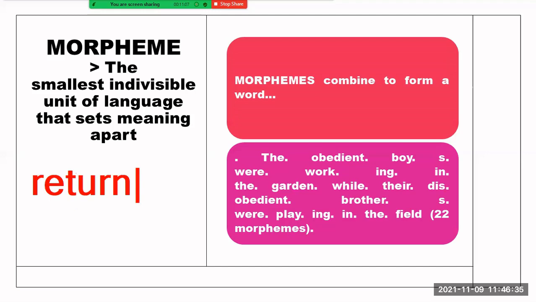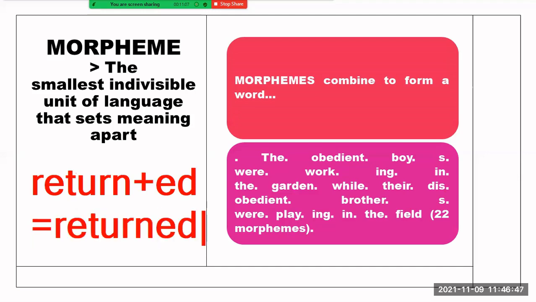Now, let's look at the word return. If we add ed, then what do we have? We have returned. Now, when you look at this, you discover that return